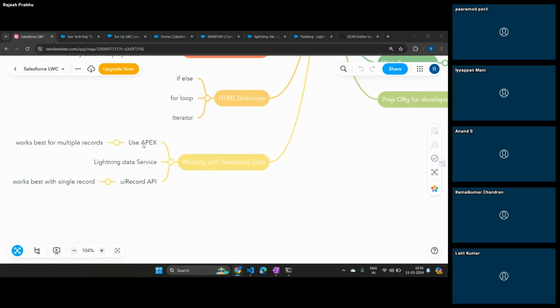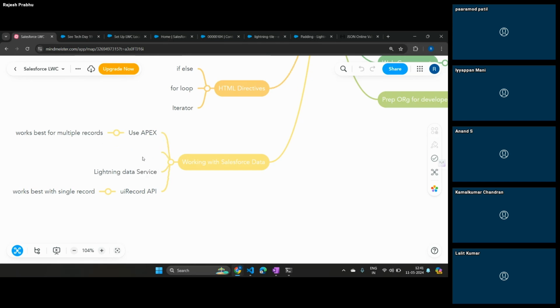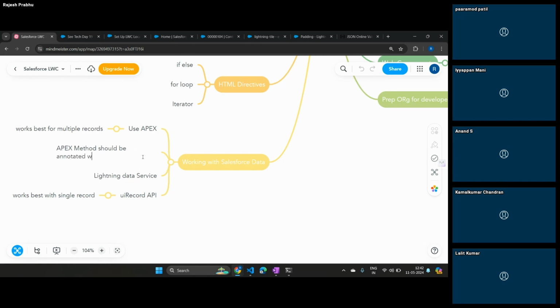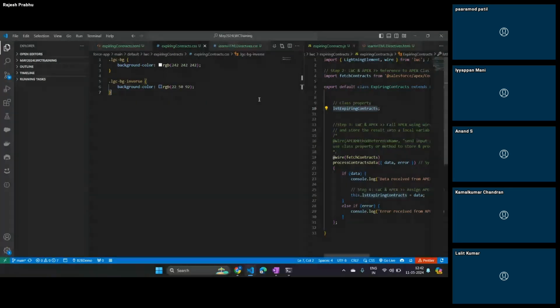But there are a few things we should remember. One thing is your Apex method should be annotated with @AuraEnabled, number one. And what else? I think that should be fine. And also remember the system properties, the moment you use